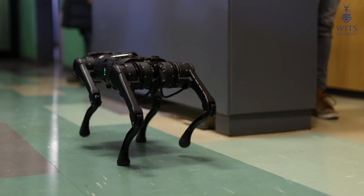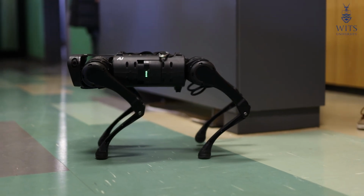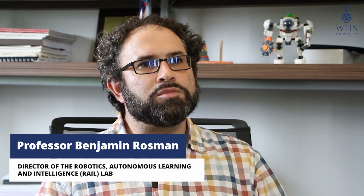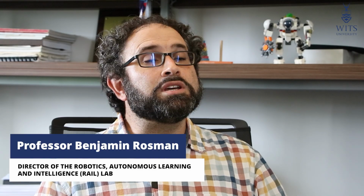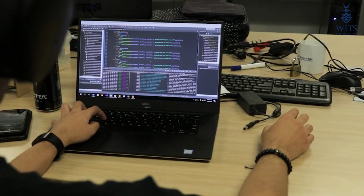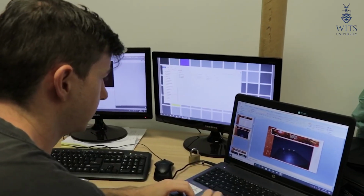In the Rail Lab, we focus on more fundamental research into AI. So we look at building new techniques, largely in the area of autonomous decision making. So how machines can make sequences of decisions, particularly over longer time horizons, to achieve some goal that's set out for them. An obvious example of this would be problems in robotics, where you might have a robot that you want to carry out a sequence of tasks,